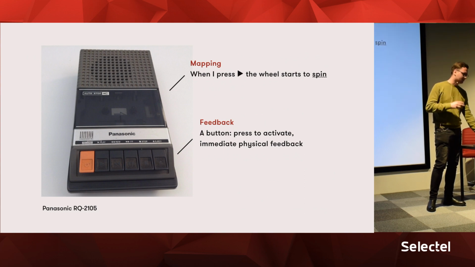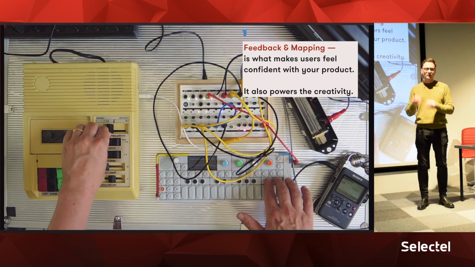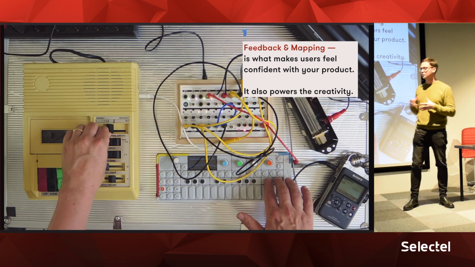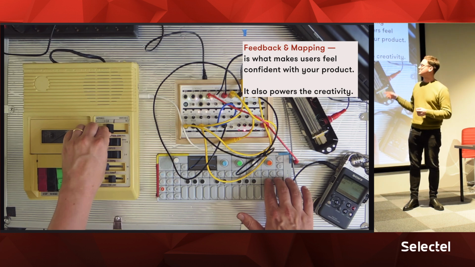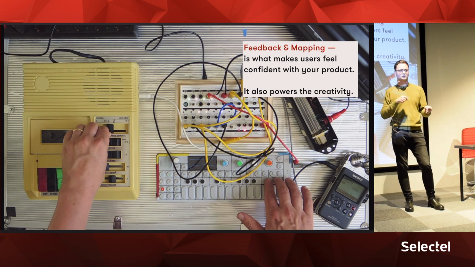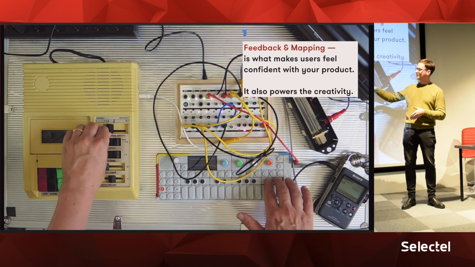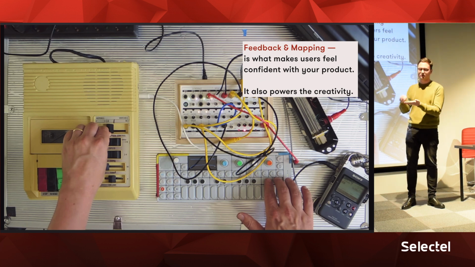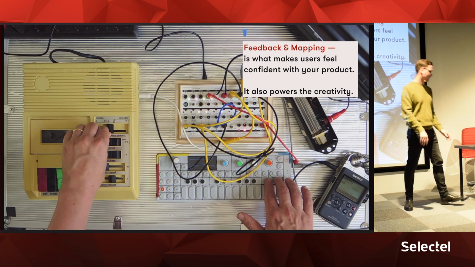And mapping sometimes is not required, but I believe that mapping and feedback are principles that really affect the way we create things. These are things that help us to be more creative and more confident with our tools. I'm going to post a link to this video at the end of the talk, but this is basically a guy who uses this retro tape recorder in order to simulate an echo chamber effect in voice. The only reason it works is because this guy knows what stands for every control. He knows how this machine works, and this allows him to be more creative.